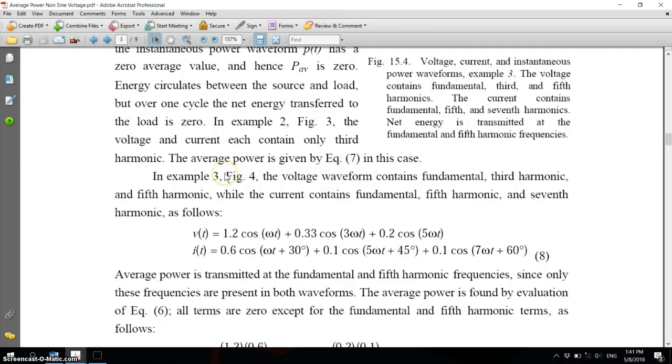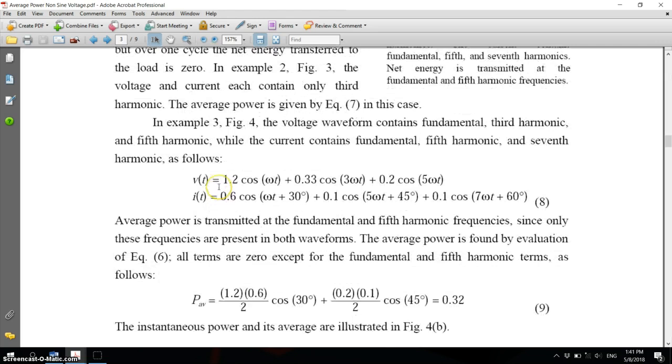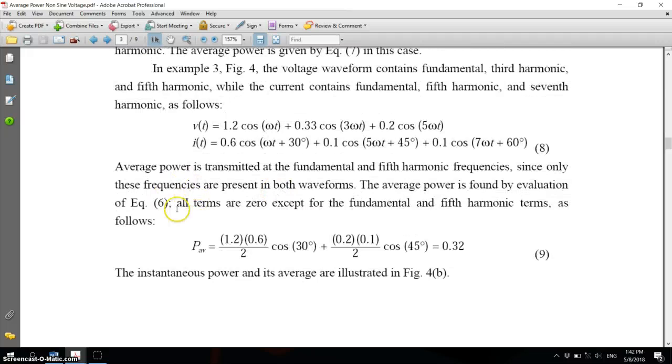Okay, so based on the equation that we had just now, the average power is only contributed by the fundamental components, and also the fifth components of voltage and current. So therefore, the average power can be found by using that equation 9 here, which is the amplitude of 1.2, the fundamental of voltage, multiplied by 0.6 divided by 2, and the cos angle between the voltage and current, which